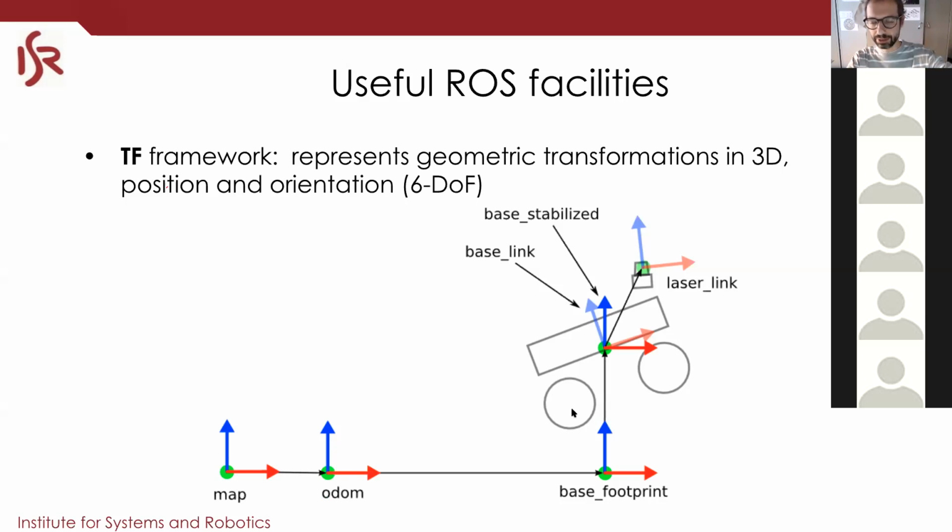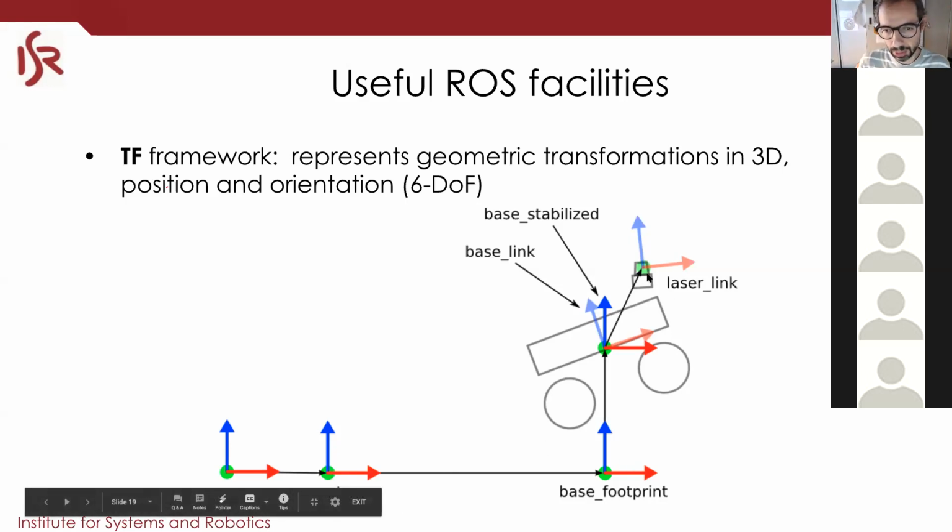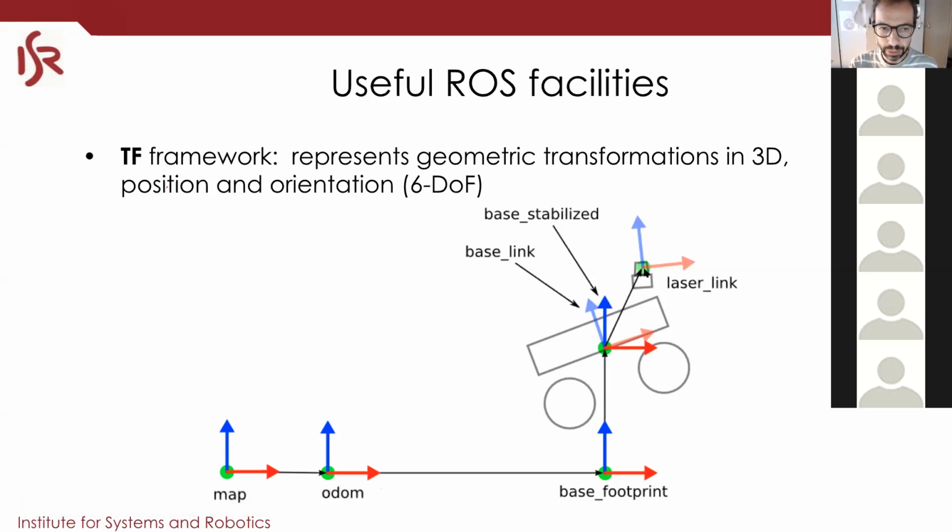Okay, you can have multiple TF trees disconnected, no problem. So I could have a map 1, map 2, no problem with that. Okay, and they are disconnected. Every time you have one connected tree, okay, you can query any pair of coordinate frames in whichever order I want. So I can query what is your odom with respect to the base with the laser link if I want, and it will do all of the computation internally. So internally to the TF system, it will do all of the chaining necessary. Oh, we are almost finishing. Gosh, it was fast. Okay, so we can query in any order. So this is very useful.